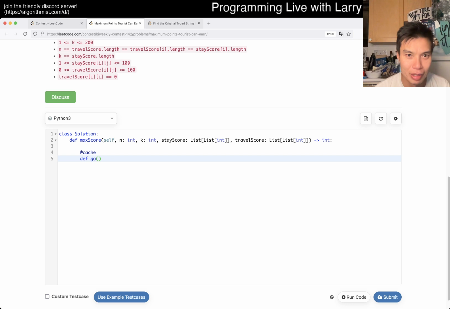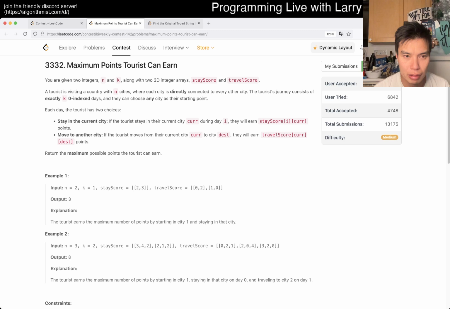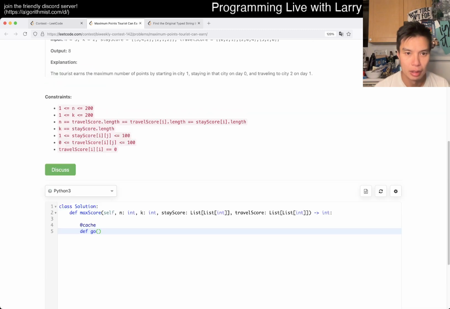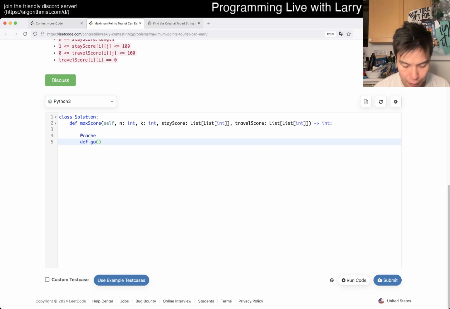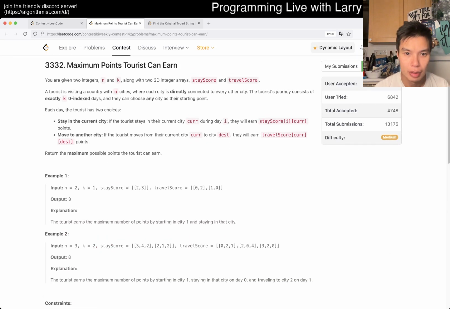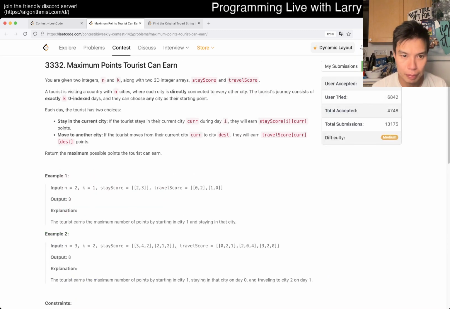Yeah, I mean, this seems like a straightforward dynamic programming thing. We'll see if Leetcode screws me on this one, because it should be just n times k or n squared times k, which maybe is too slow, but we'll see. Current and yep.